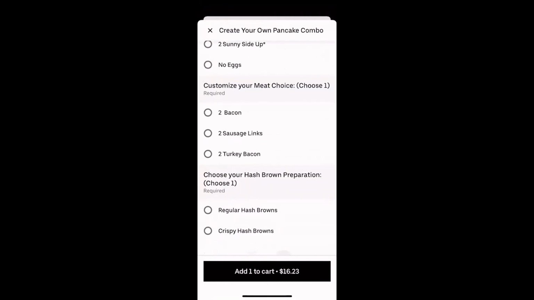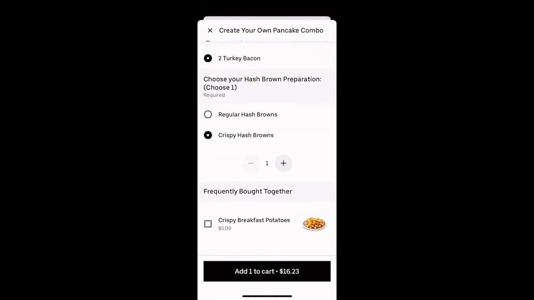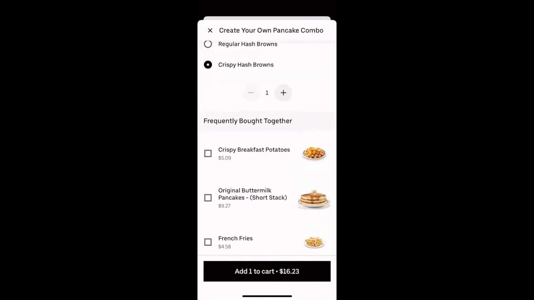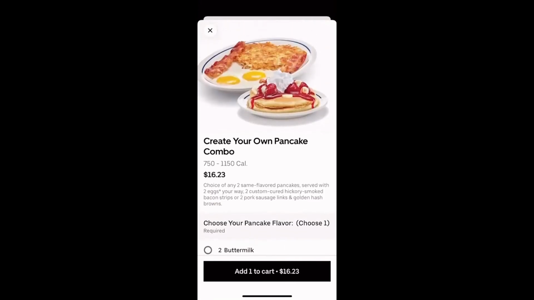Sure, over easy sounds cool. Turkey bacon, cool. Crispy hash brown. And if you want to, I guess, increase that quantity, you can see a plus or minus. If you were to click on plus, you notice it goes from 1 to 2, and so on and etc. But for demonstration purposes, that's pretty much how it should look like while you're ordering